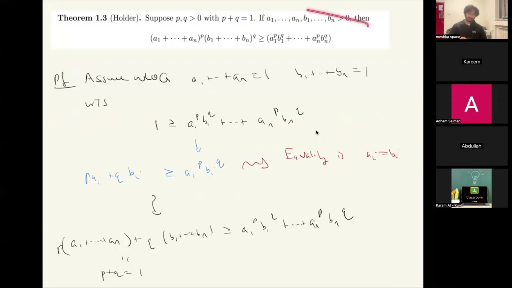The quality of this is a little bit more than the quality of this. But I'm saying, okay, if all the AI and all the BI are the same, great, the inequality is true. But it's true in a little bit more generality, because what is the first thing we did? We scaled them. So the equality should be that after you scale them, all the AIs equal all the BIs. So the actual equality case is